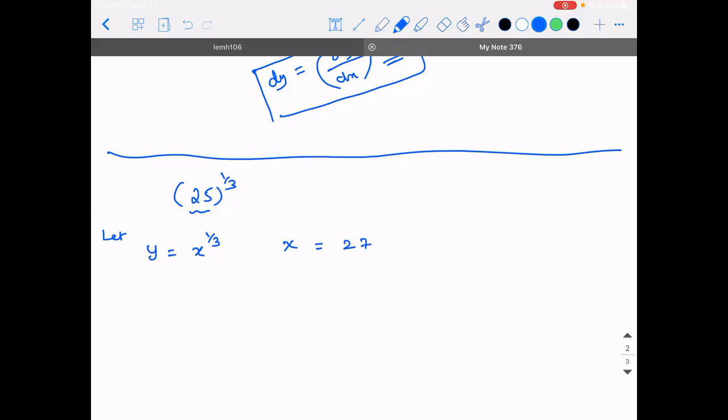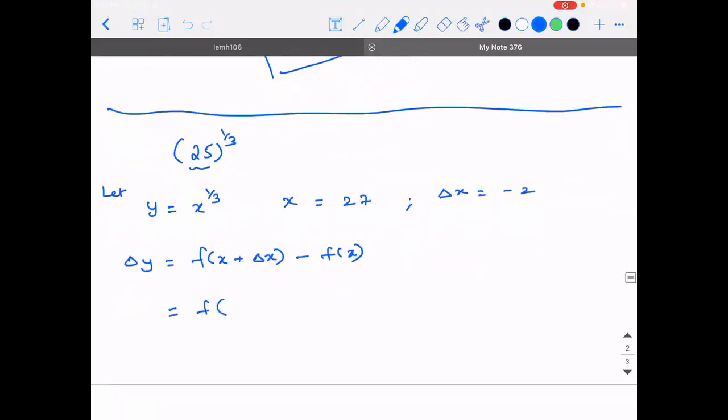For 27, if you take x as 27, what is the error that you have created with respect to the question? -2. So from 27, I need to decrease 2 to get the question. So delta x is -2. Okay. And there is a formula. What is it? Delta y is equal to f of x plus delta x minus f of x.